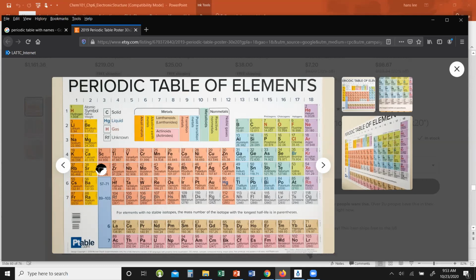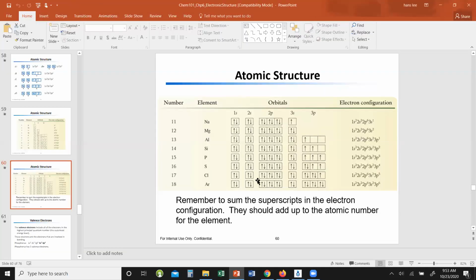So this periodic table is designed, organized based on s orbitals, p electrons, d electrons. These are your s electrons. These are your p's. These are your d's. Down here are your f's. 14. So that's what we see. Sodium,